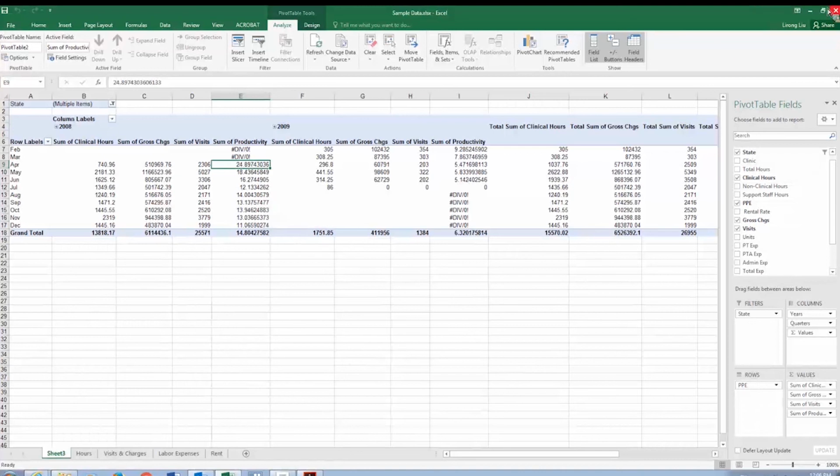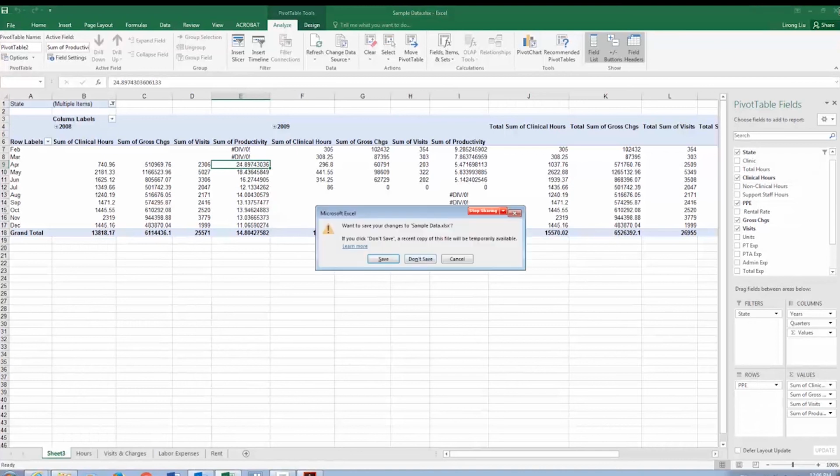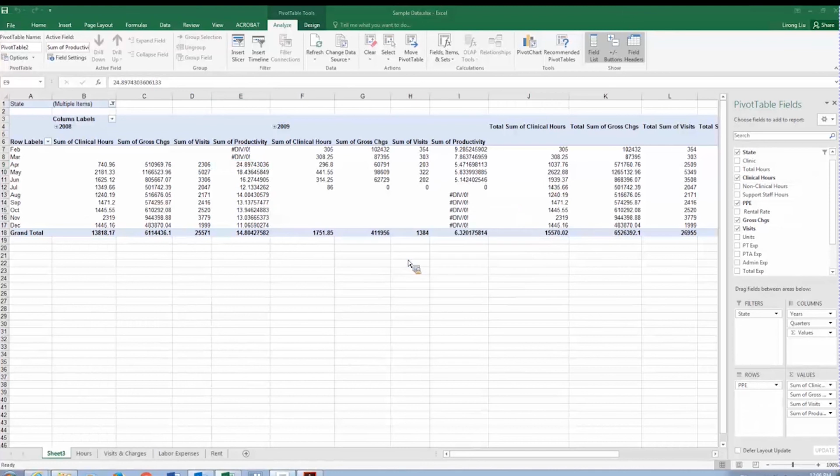All right. So now if you click on OK, we can see productivity. Although for these two, we don't see any numbers, which is okay, basically because the clinical hours